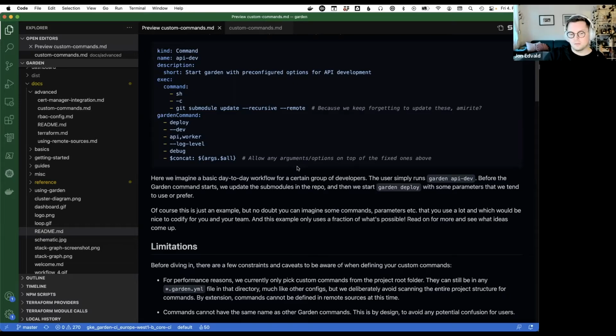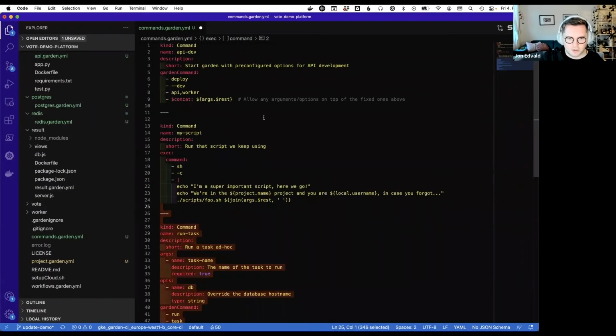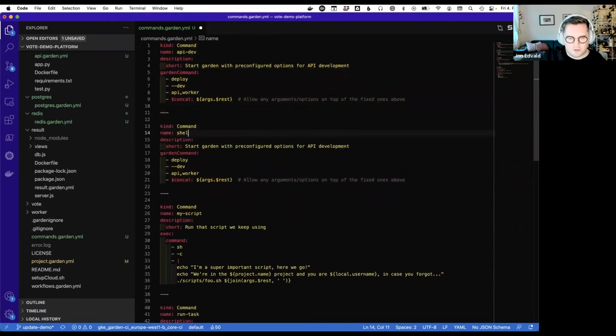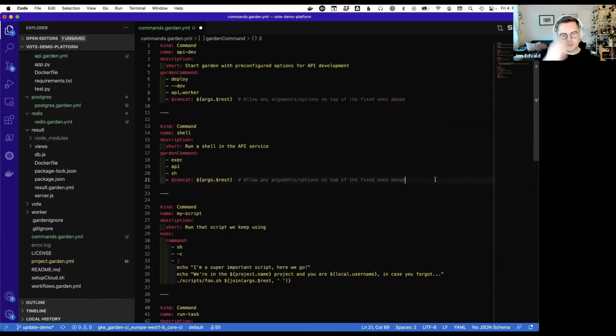for example, we tend to run certain things in a running service. So you could imagine, if I just type one up here, like run a shell in the API service. You could do here exec sh. Sorry, exec API sh, and then you can pass on any other arguments. This would be a typical thing, a command that not everybody knows is there, so you can provide a shorthand for it to make it more obvious to the team